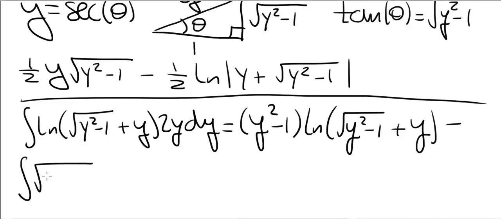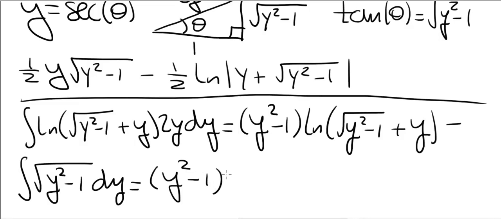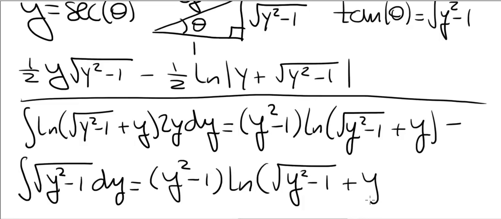That was the integral of square root of y squared minus 1. We now solved this integral, evaluated it, so this is y squared minus 1 natural log of square root y squared minus 1 plus y, and then minus